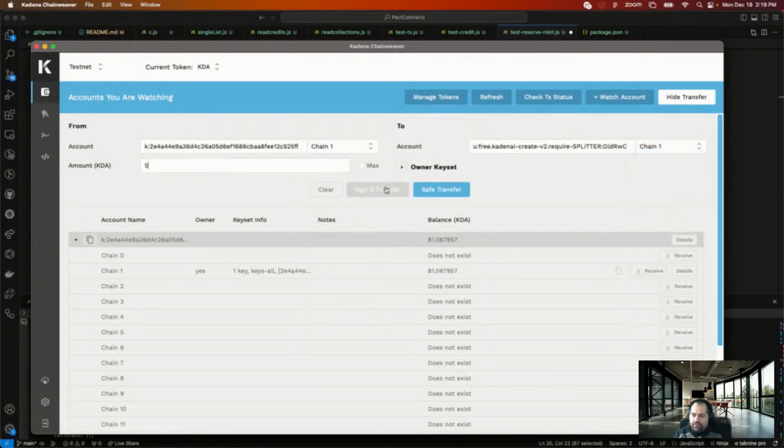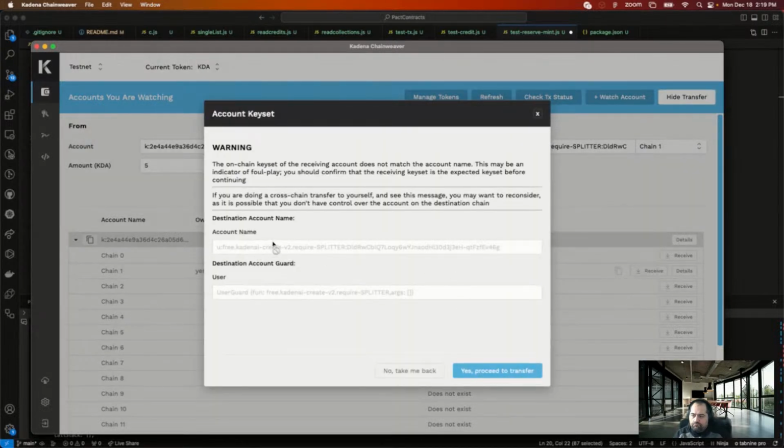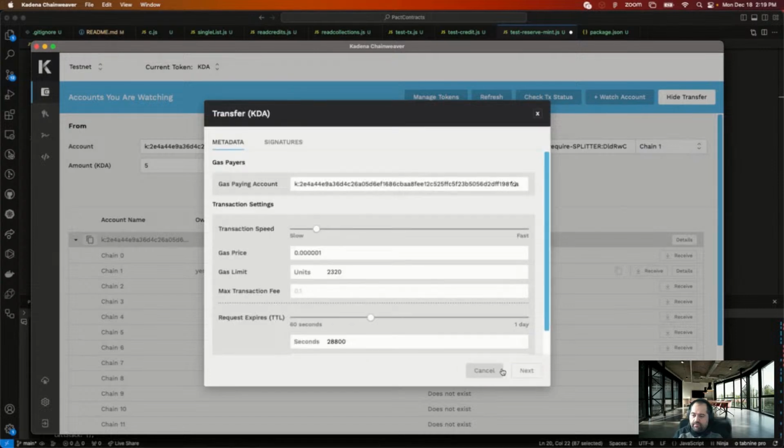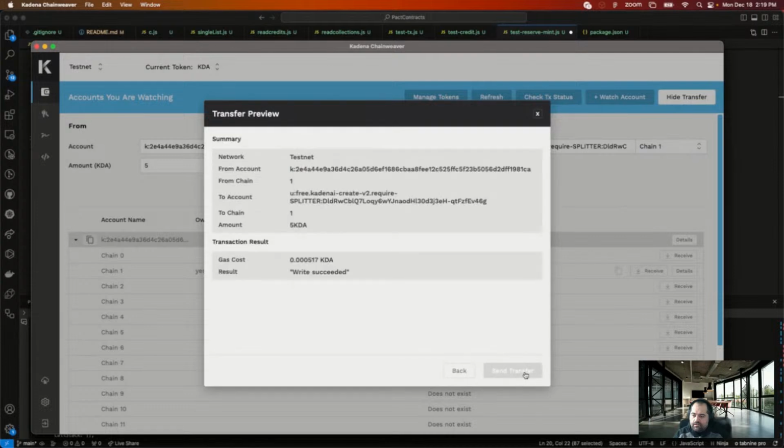Amount 5. Receiving account does not exist. I mean, whatever. Just send me money.